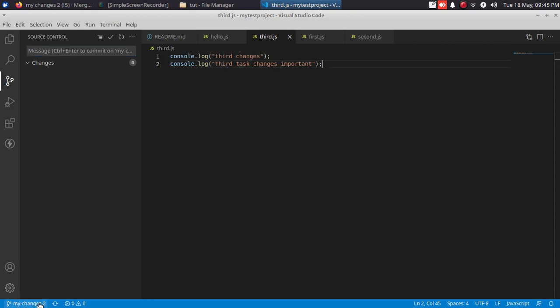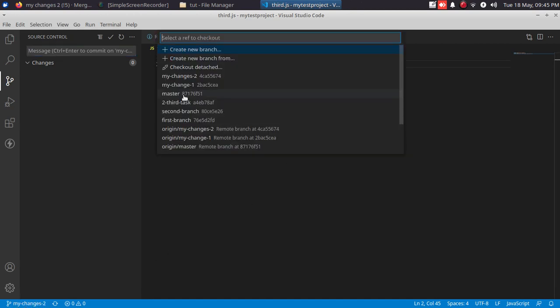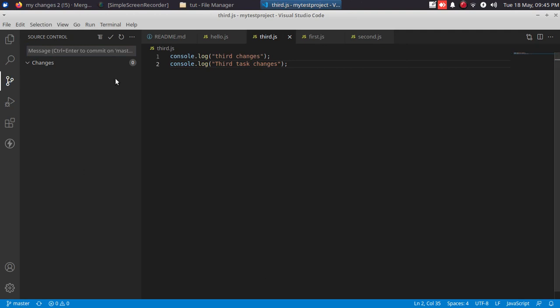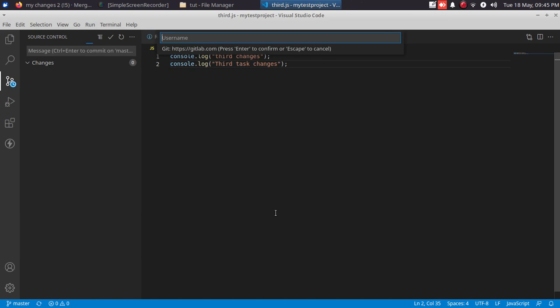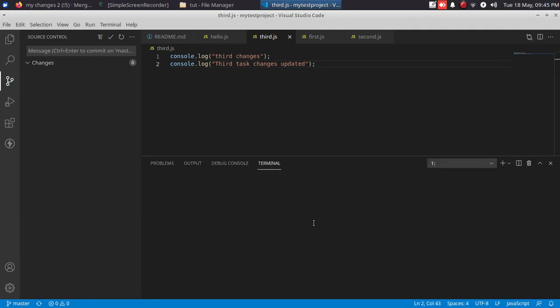Okay, so to solve it, what I am going to do, so this is my current working branch. I am going to check out to the master branch and I am pulling the latest master. Okay, latest master. Let's give Control J to open the terminal. So git checkout my changes 2, this is what I want.